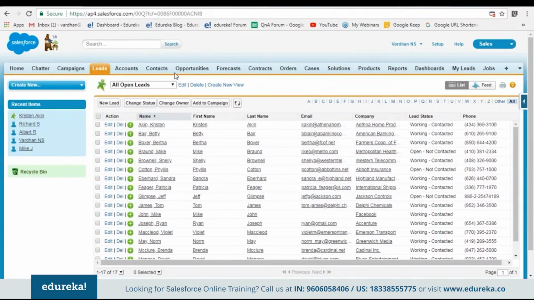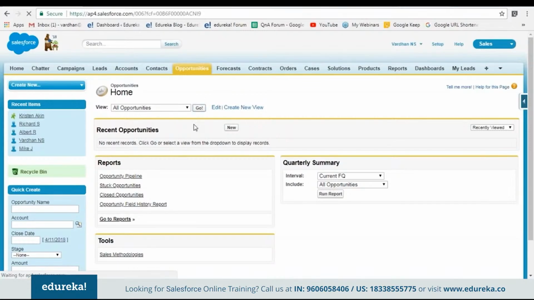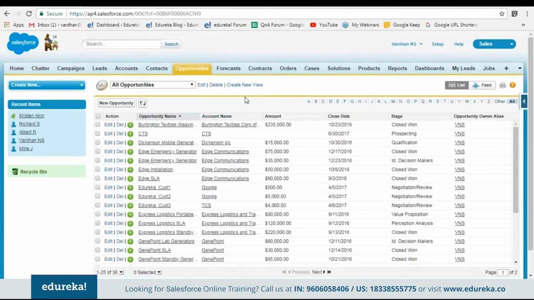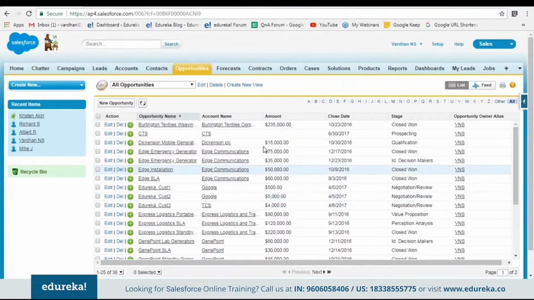And then you have various objects, and besides this contacts object, you have something called the opportunities object. In this opportunities object, you will have details about those leads who are more interested in buying, who are potential leads, or what we call potential hotspots. So these are the people who are most likely to buy. Their details would be present over here, and of course all the related details, like the company they work for, the account name, the amount that they would potentially be paying, and the date by when they would be paying,